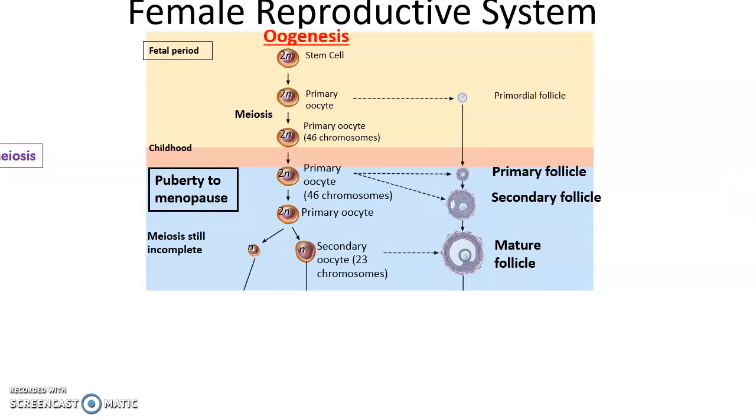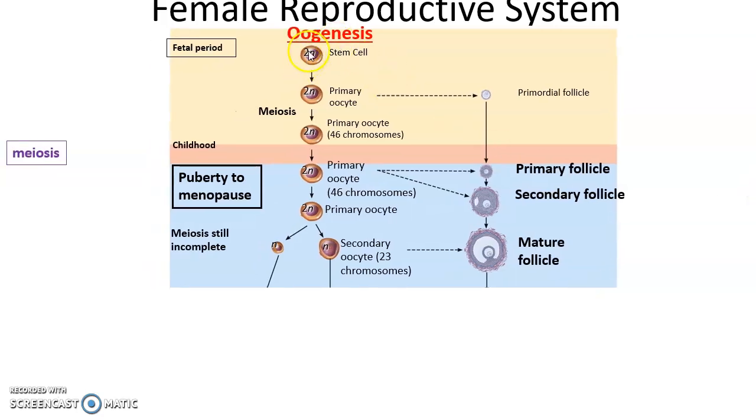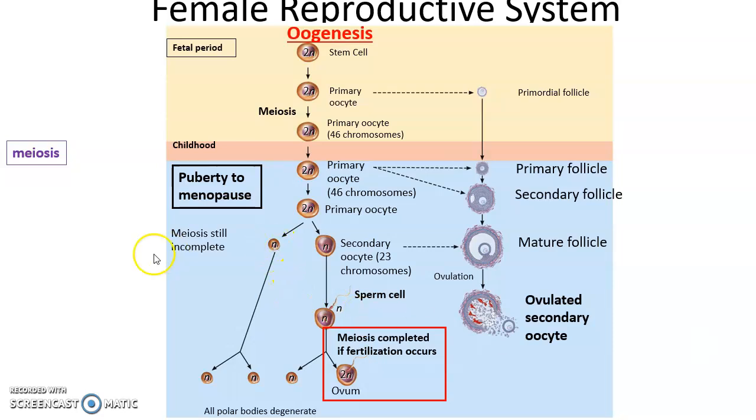So, meiosis and oogenesis. In oogenesis, we have the stem cells. The primary oocyte is developed when the female is a fetus, and it exists in the primordial follicle. Childhood, eventually puberty happens, and once a month, hormones will cause the primordial follicle to become a primary follicle, and then a secondary follicle, and then a mature follicle. It is at this stage that the primary oocyte with 46 chromosomes divides to become an oocyte with 23 chromosomes and an extra cell that's discarded. Then ovulation occurs, and then if, and only if, fertilization occurs